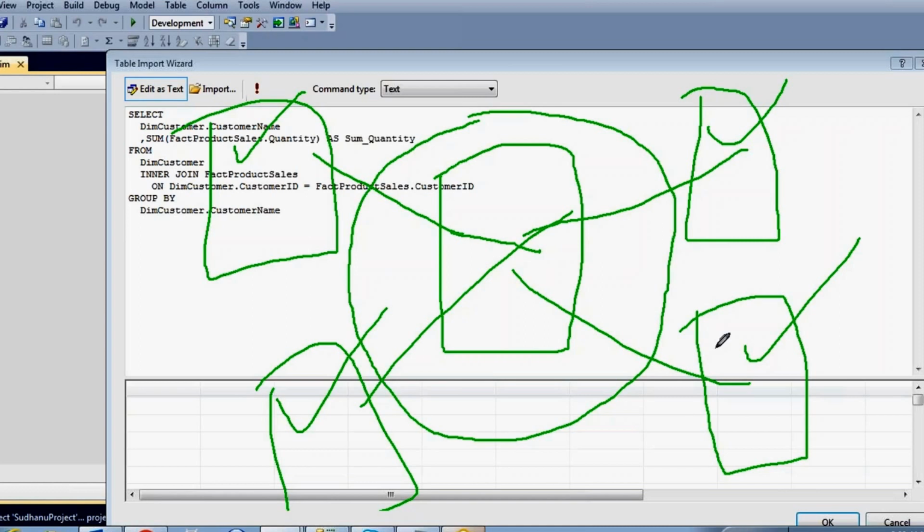So what about the snowflake schema? If there is a reference dimension, where another dimension is connected to a dimension and then that dimension is connected to the fact table, meaning a dimension table doesn't have a direct relationship with the fact table and has the relationship with another dimension table, in that kind of scenario we call it a snowflake schema.